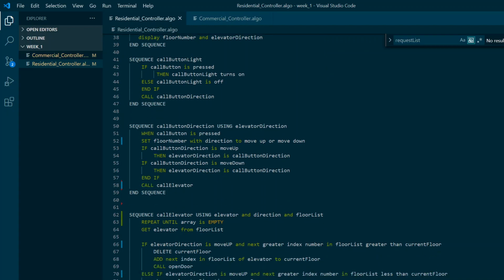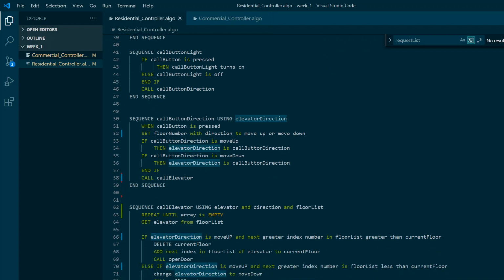Next thing is the call button direction, and that's using the elevator direction. So when the call button is pressed, that's going to set the floor number with the direction to move up or down. And if the call button direction is moved up, then the elevator direction is going to be the same thing. And next it calls call elevator. And the call elevator sequence